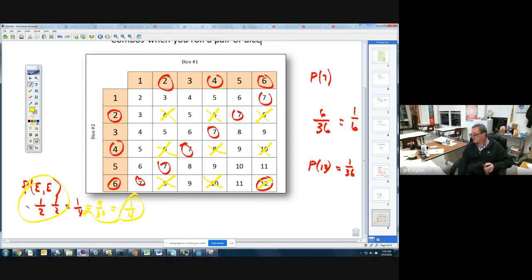So hopefully, 7th grade, that gives you just a little bit of a lead in on probability. It's fun,